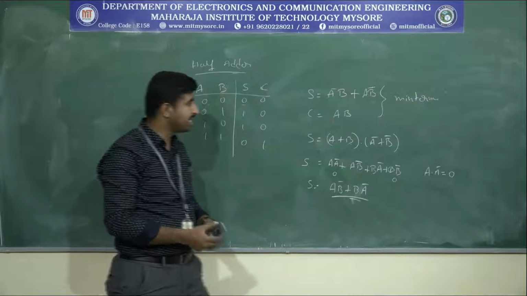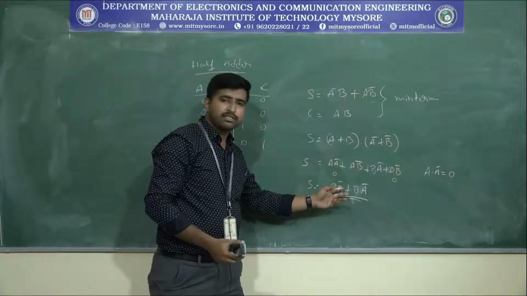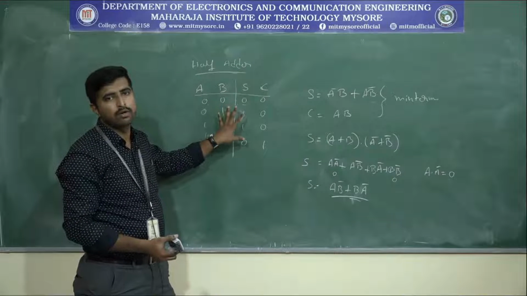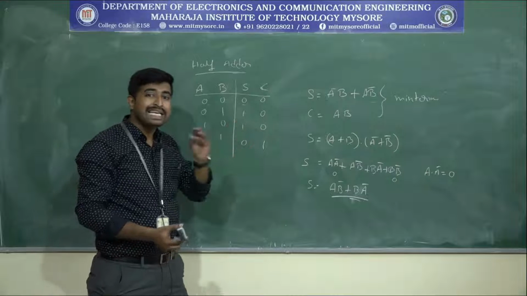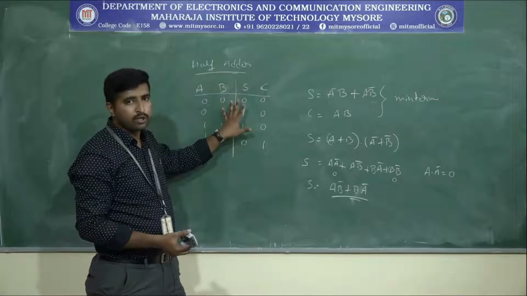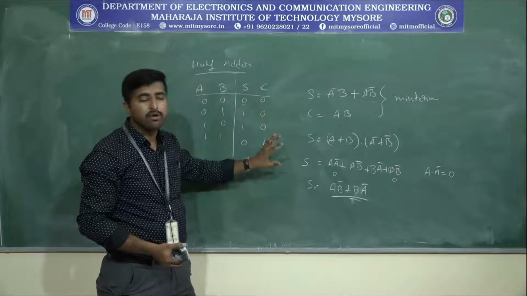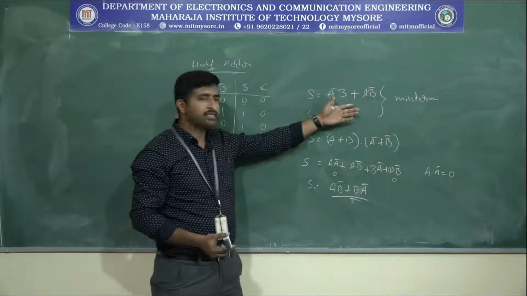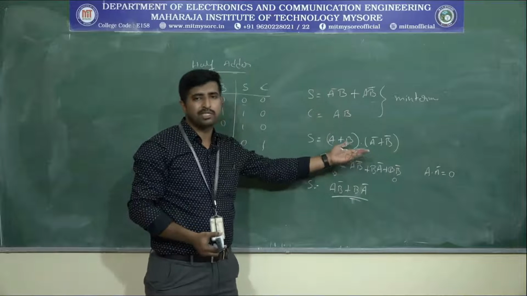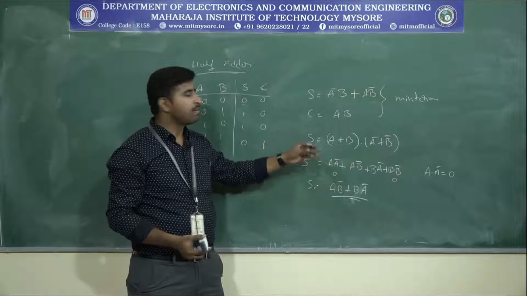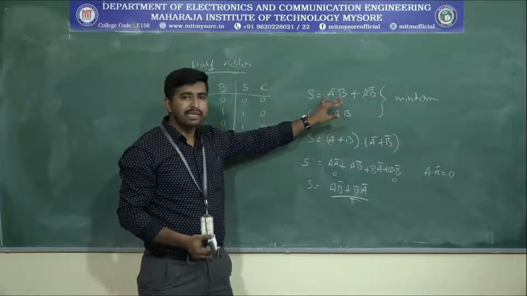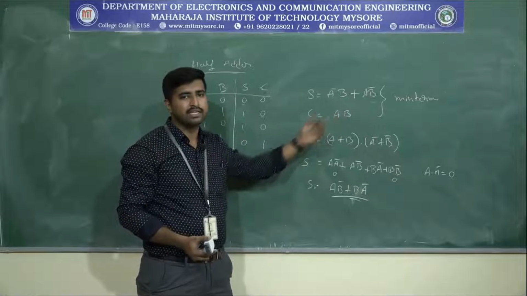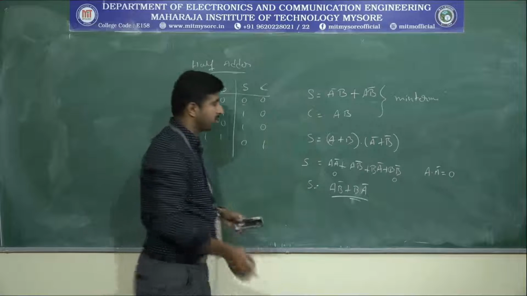So that's what we can say. The min term and max term, if you are writing for the same logical output, both will be logically the same. If you take a truth table and write the max term and the min term, both are logically the same. Writing in a max term expression or a min term expression is left to us, but we will always write with the min term expression, because simplification is a little bit easier when you consider the min terms.